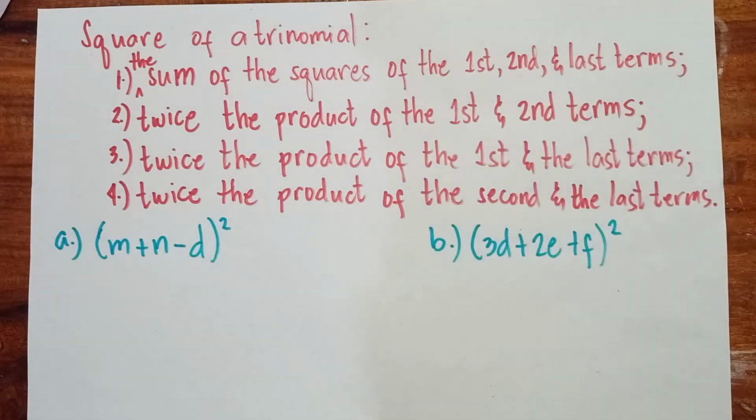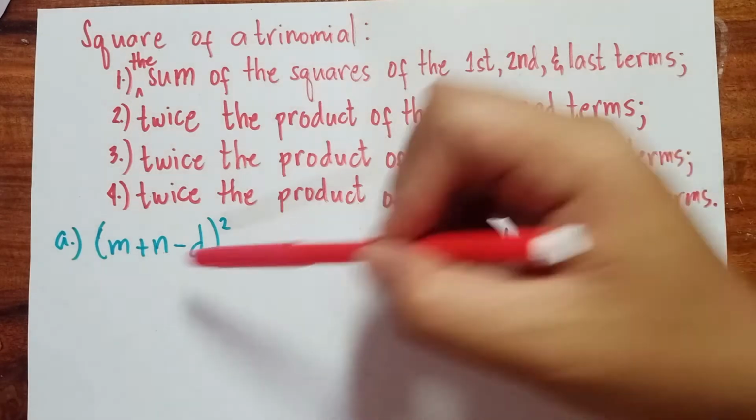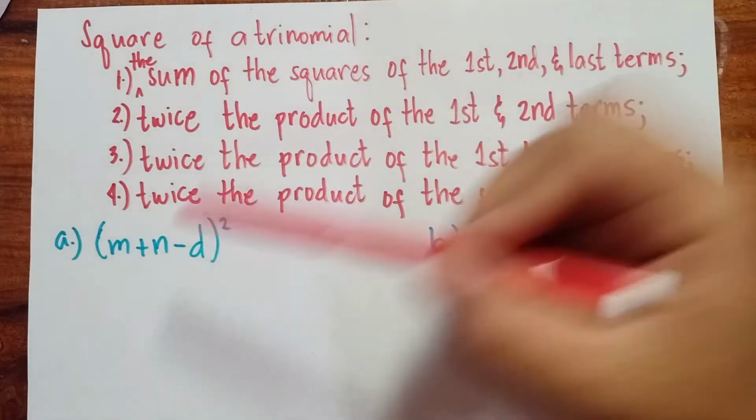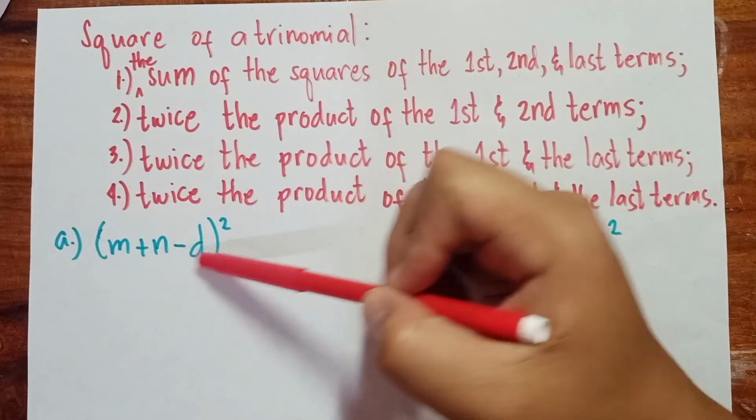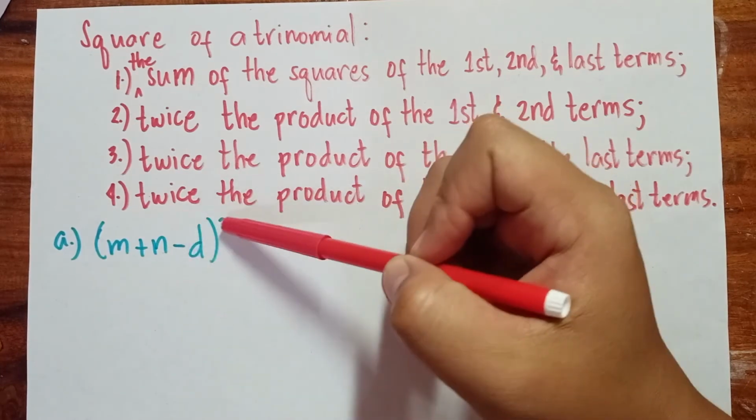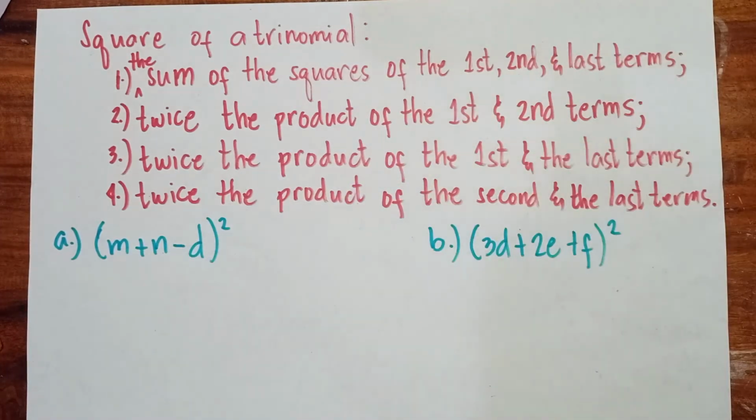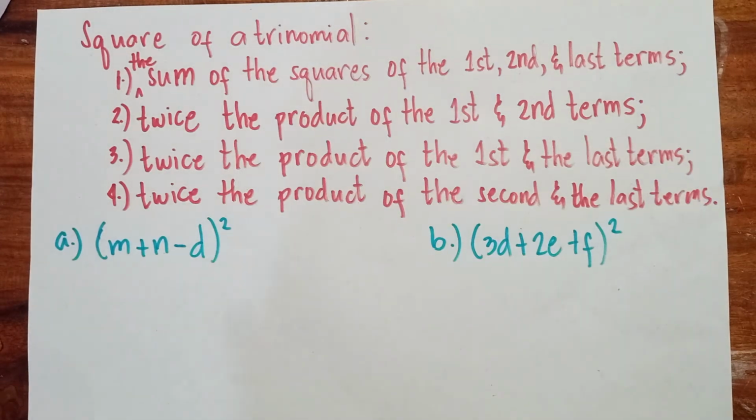Say for instance, we have here (m + n - d) quantity squared. So this is a square of a trinomial because we have here 1, 2, 3 terms and a square. So square of a trinomial. So how are we going to perform the special product of a square of a trinomial? So that is equal to